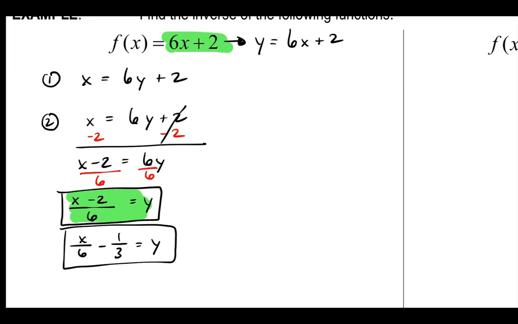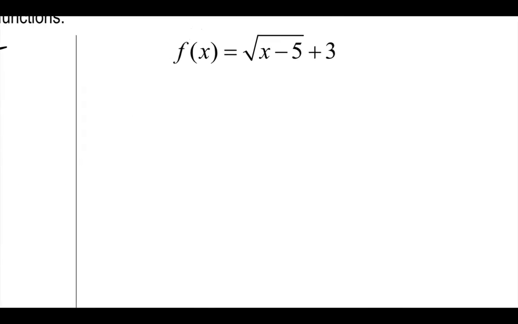Yeah, it's doing the opposite, right? That's what an inverse does. It undoes everything. It was multiplying by 6 plus 2. Now it's dividing by 6 minus 2. It undoes everything. That's what it does, okay? So